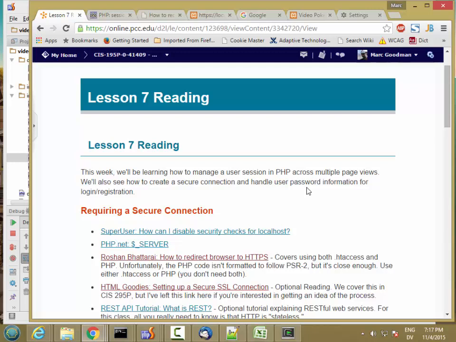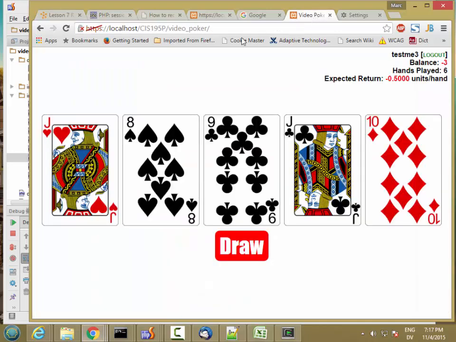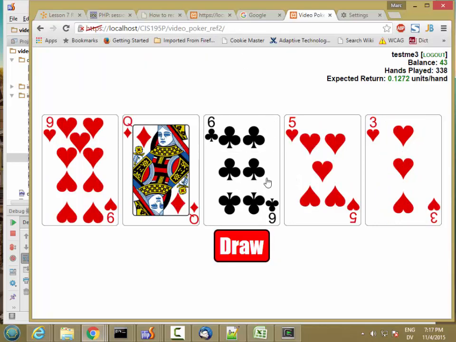So I've made a change to the user interface for my copy of the poker program, and I want to make this optional. So if you like the interface that it currently has, feel free to keep using it. But let me show you the new version that I'm going to be using. And I put a little border around the draw button, but the big difference is that in the original version,